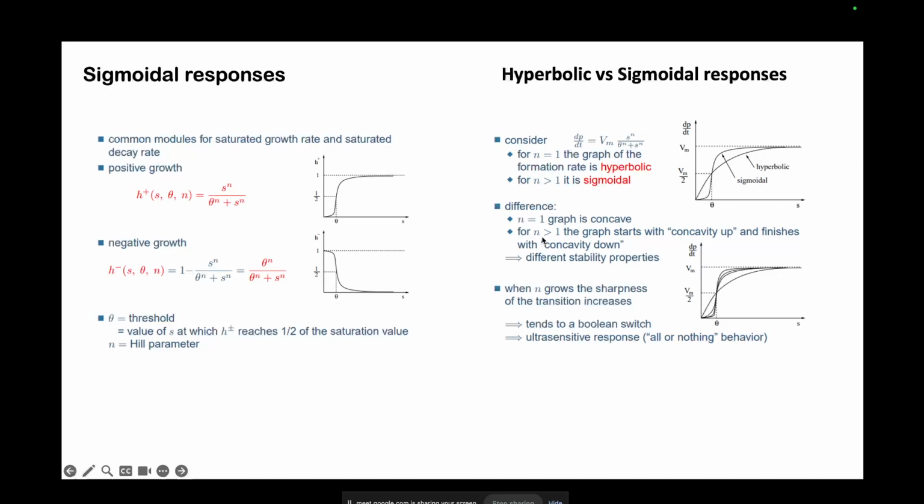On different values of n, if you're varying the value of n, the more you increase the value of n, the more sigmoidal it becomes, the more it shifts away from a hyperbolic curve. And if it becomes a fully sigmoidal curve like this, yeah,